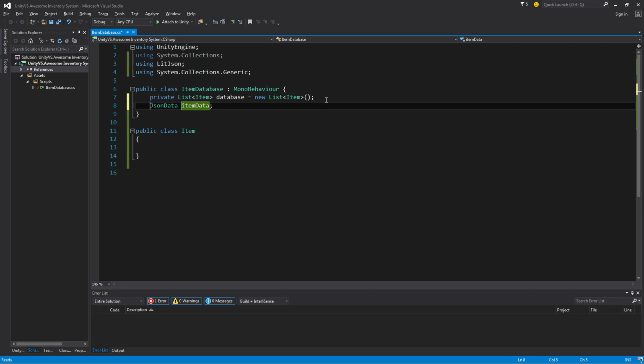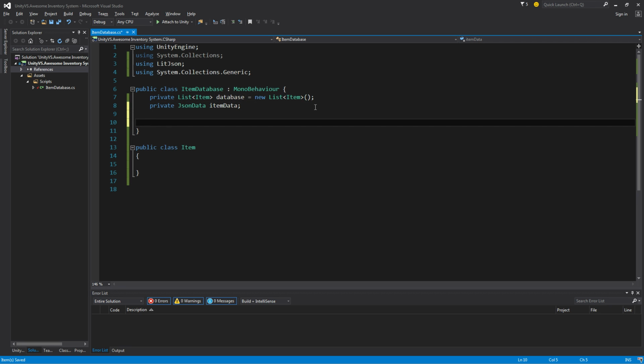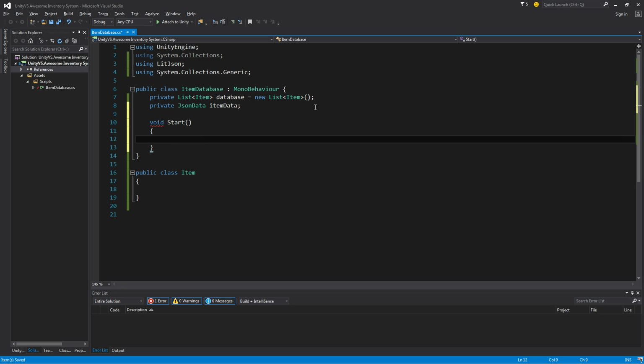Let's make this private. Okay, so we have that. Now all I have to do is drag in the actual data itself. So on start, what I want to do is load in the data. So do item data